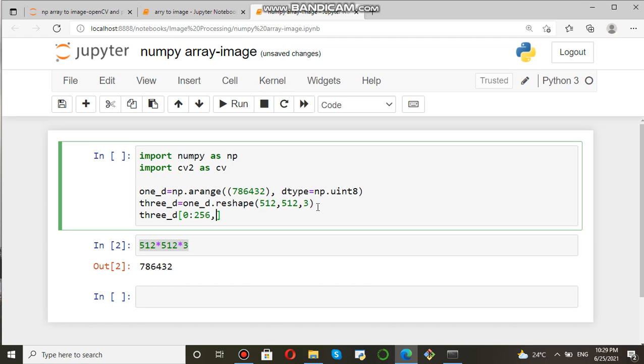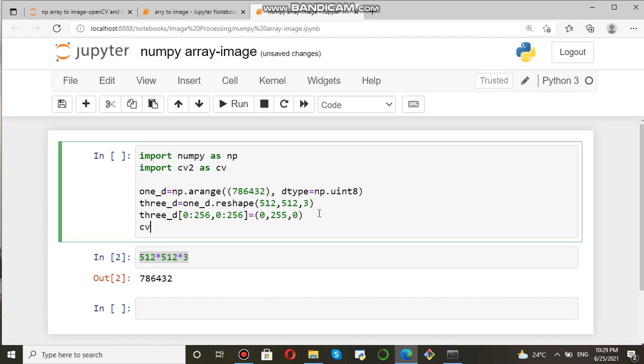Height total is 512, it will take up to 256. Similarly for column 0 to 256, and the end point is not included in slicing, okay. Now put the color, say 0, 255, 0. So this is the color.